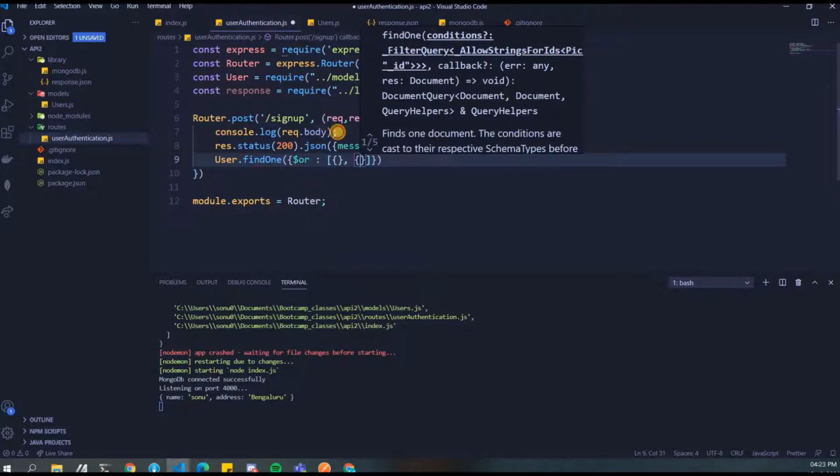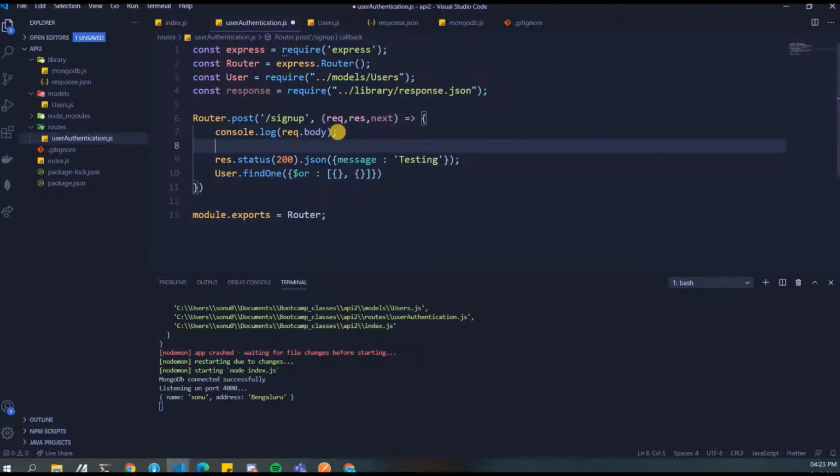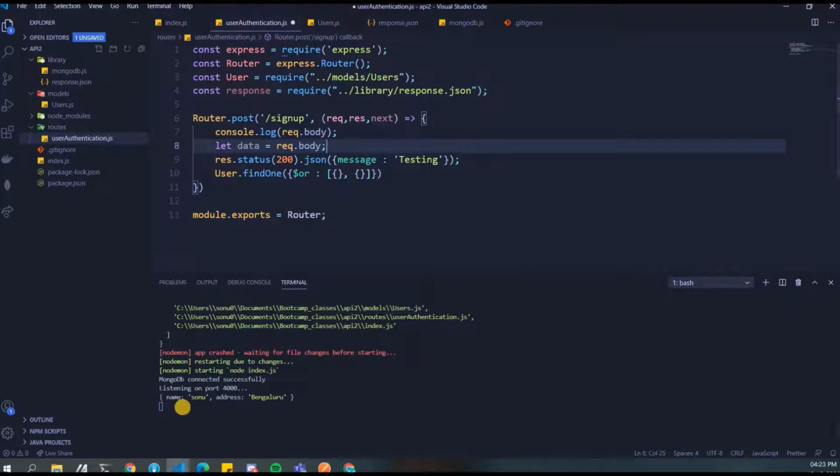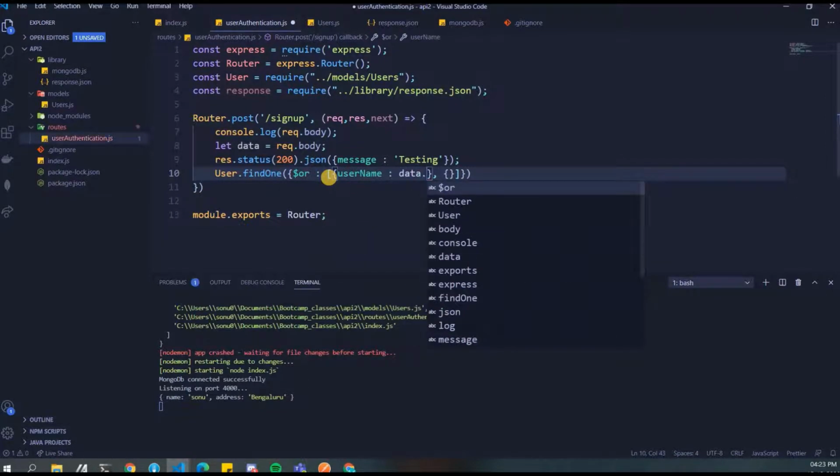First of all, let's just go ahead and write this. We are taking a data variable and we are storing request.body into it. So this particular thing gets stored over here. Okay. So we'll write user.find and the condition over here is OR, and we'll check whether that username already exists. So we'll write username: data.username.